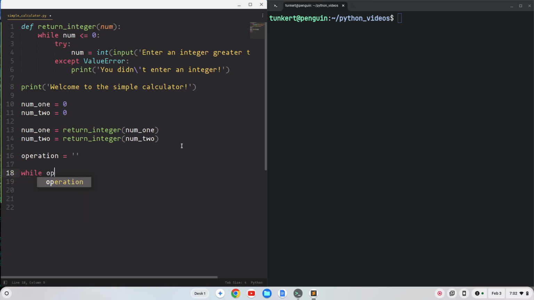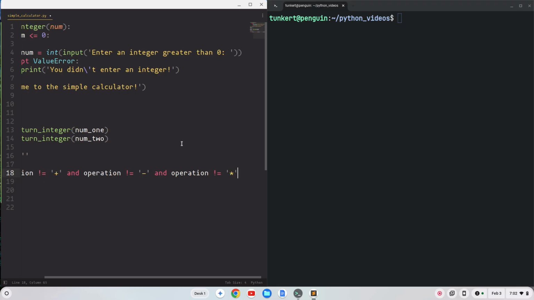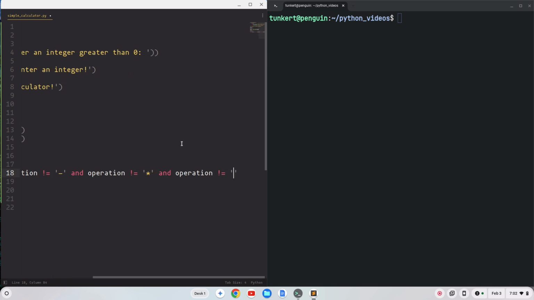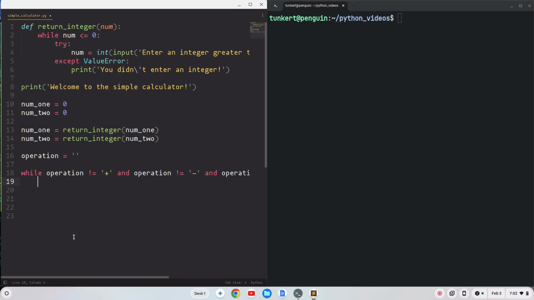And we'll say while operation does not equal plus, and operation does not equal minus, and operation does not equal asterisk for multiplication, and operation does not equal a slash for division. Well, during all of that, what we'll do is we'll say operation equals input,